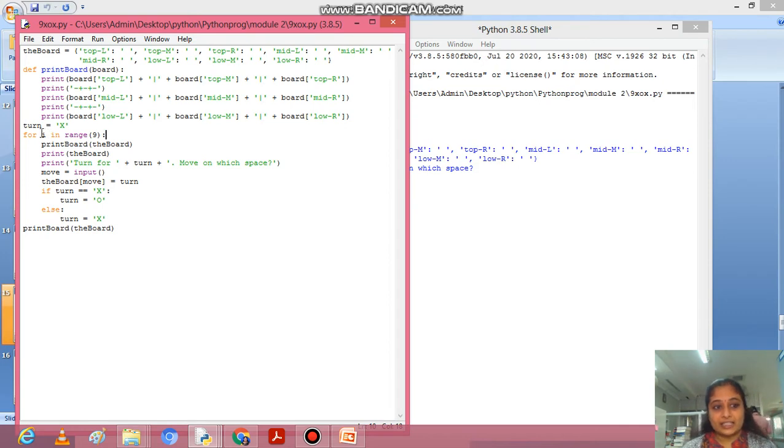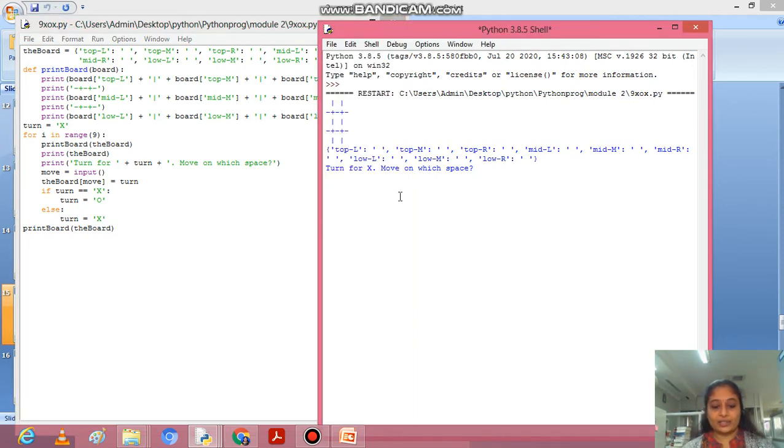So turn X, for i in range 9, print the board. Print board is called with the values given through the user interface.